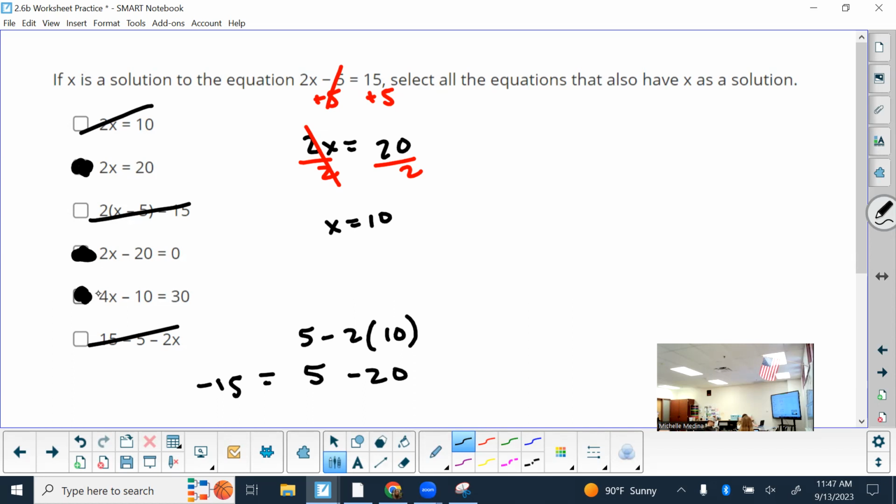Okay, so then if you're still struggling with the other one that looks really similar to this one, it's just a different equation. Then definitely try that. If you're still struggling with it, then we can definitely look at it, but I want you to try it first, know that you can